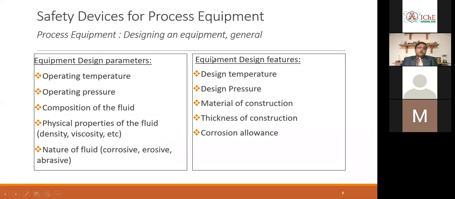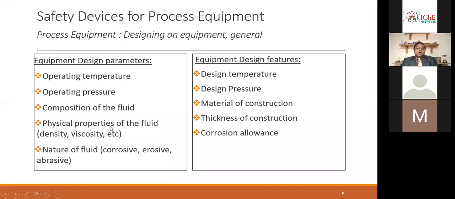So generally for design temperature, you take a certain margin over the operating temperature and you fix the design temperature. The vessel is not supposed to operate beyond its design temperature. Same thing with pressure. You know the operating pressure says 10 bar and you design the vessel keeping a margin of, say, 20% above it. So you design it for 12 bar. You won't design it for 50 bar. Why will you not design it for 50 bar? Because the design pressure will make the vessel thicker and more expensive.